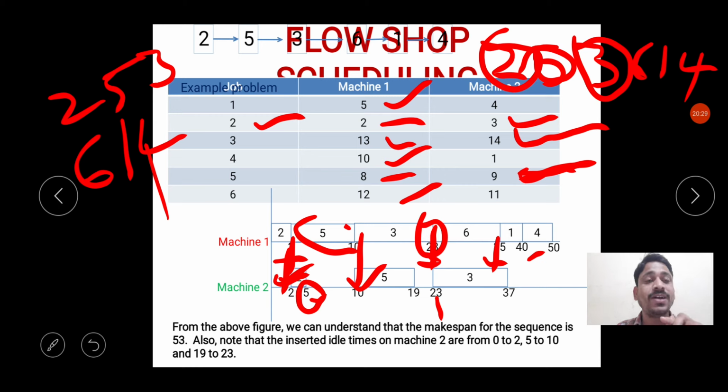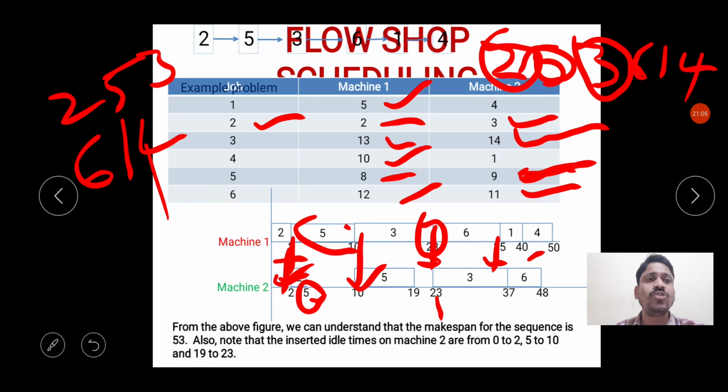So at 37 hours, machine 2 has the work, right? Because job 6 has been waiting on machine 2 from the 35 hours itself. Now we are at 37 hours, so immediately from 37 hours we can start this job 6, right? So job 6 we start from 37 hours, and it is for how many hours? 11 hours. So 37 plus 11 is 48. At 48 hours job 6 is finished.